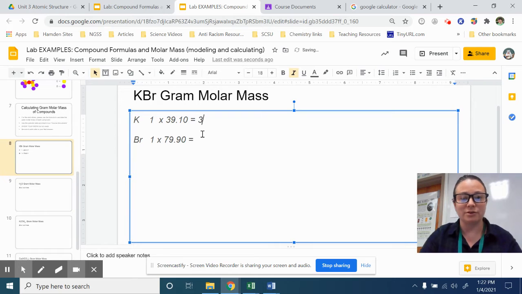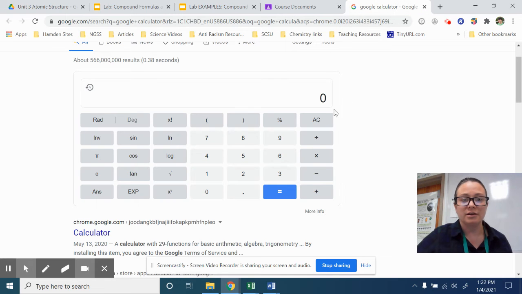It's just multiplying by 1. So 39.10 and 79.90. The second part of this is that I'm adding up these things together. So now I take 39.10 plus 79.90 equals, I'm going to use my calculator, 39.10 plus 79.90 equals